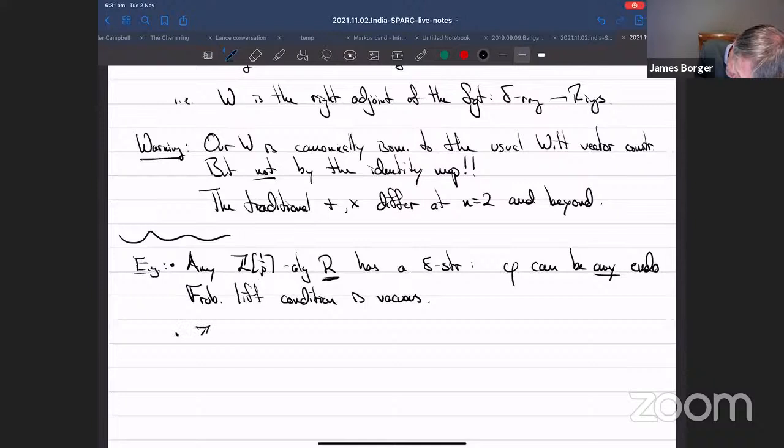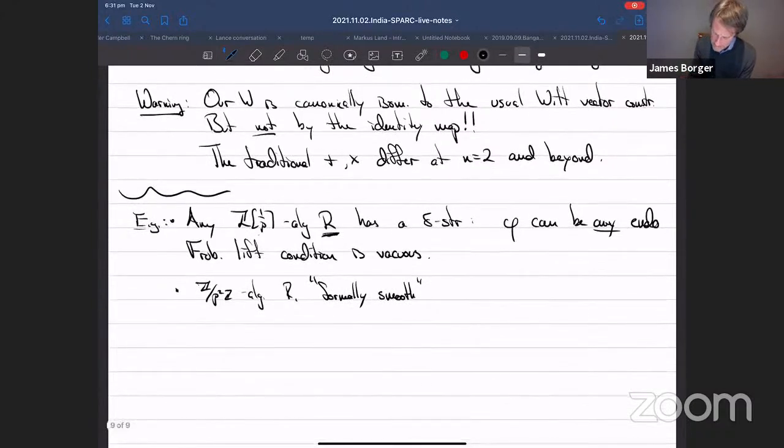If you had a Z mod p squared Z algebra R, I know this isn't algebraic geometry, but if it's formally smooth, then probably it will admit a Frobenius lift. So what do you want to do? You have R mod pR. This is the usual Frobenius map, and